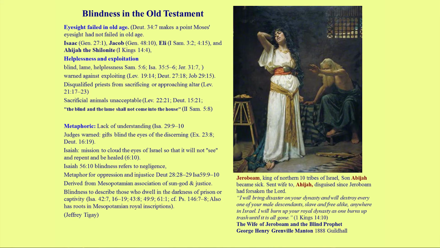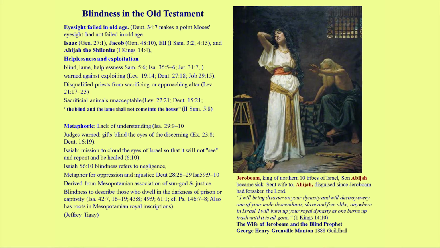He had left God, and his son became sick. So he sent his wife in disguise to go and see the prophet, who was blind. And he sent her disguised, hoping that the prophet wouldn't recognize her, because he himself had forsaken the Lord. And he unfortunately gets the following message: I will bring disaster upon your dynasty and then destroy every one of